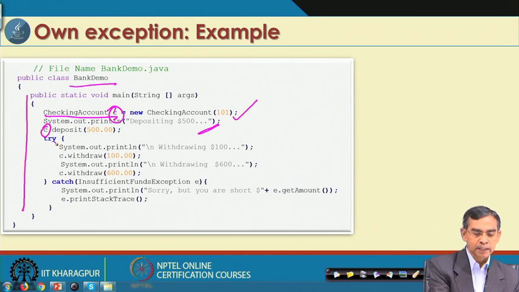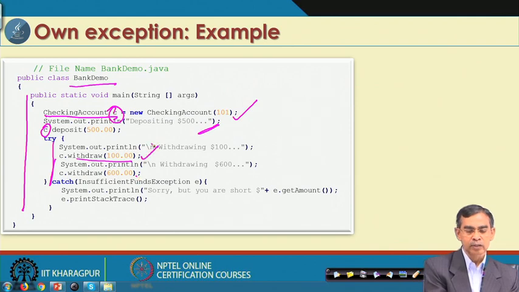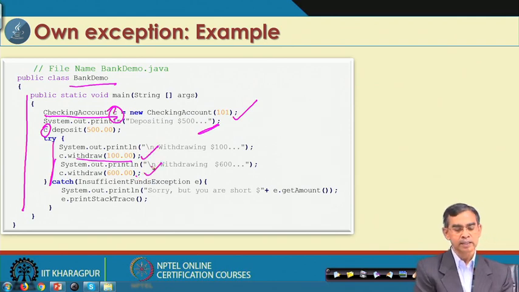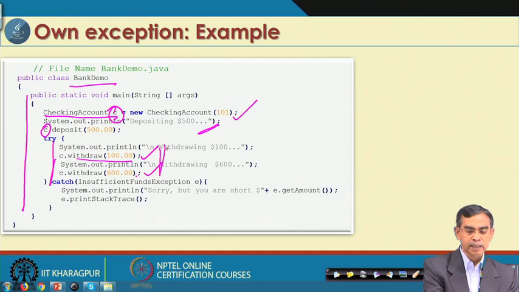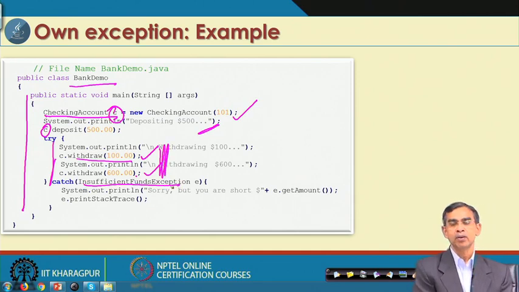After this there is a try catch, with c.withdraw(100) and c.withdraw(600), one instance each. In case any exception occurs, then this is the catch block which will take care of it.